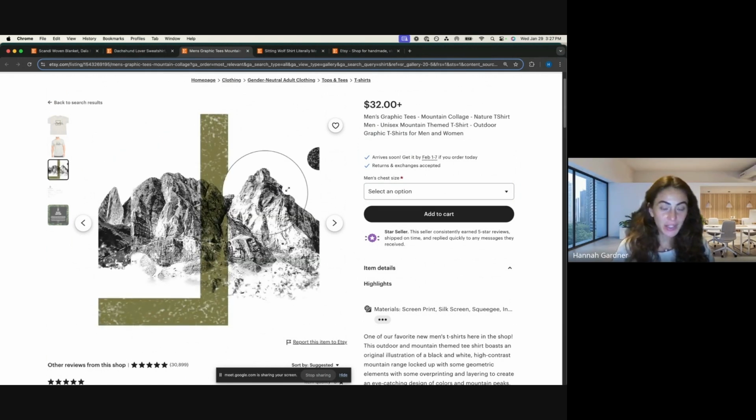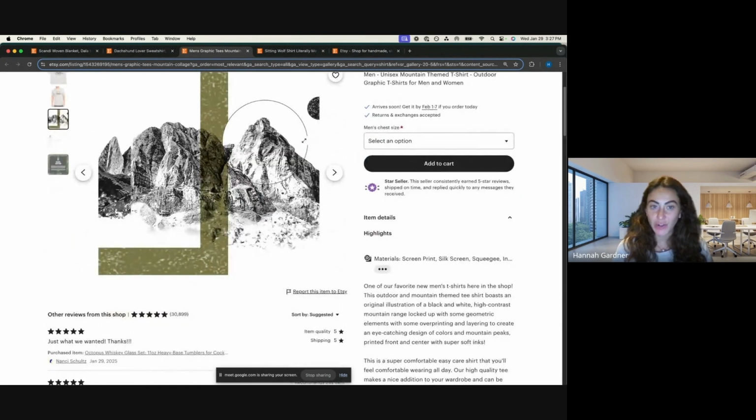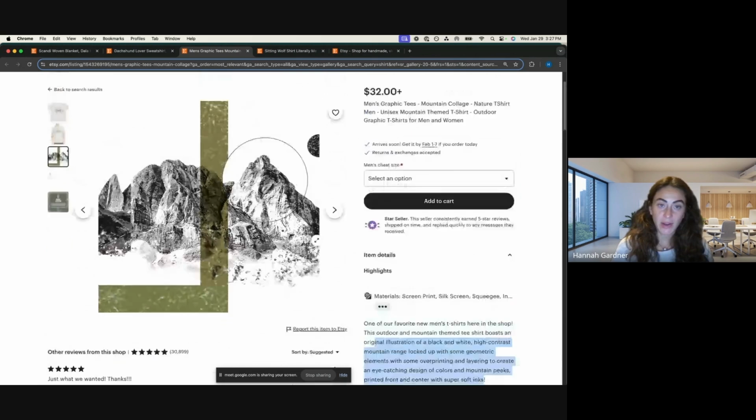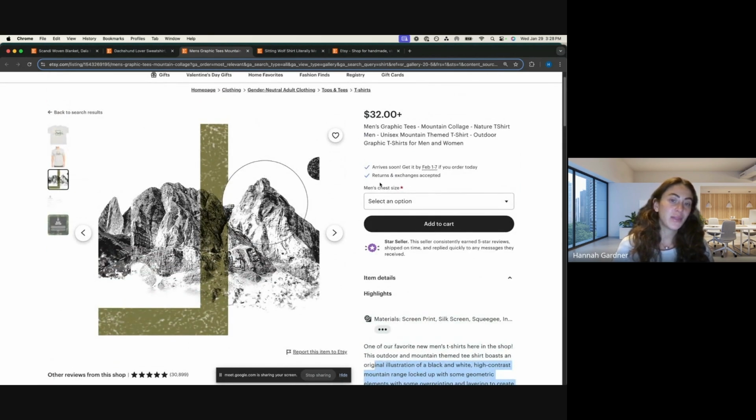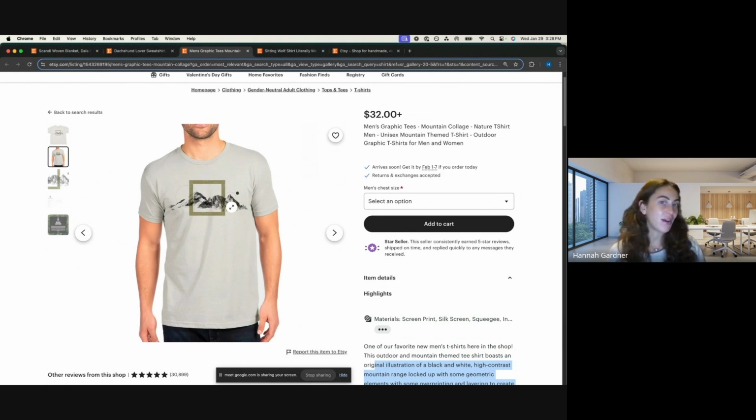One thing I just caught as you're explaining that is, I think they're trying to use this as a value proposition: high contrast mountain range, locked up with geometric elements, overlapping and layering to create an eye-catching design of colors and mountain peaks. So you're trying to sell this uniqueness as the value proposition, whereas, to Jay's point, a stronger value proposition is likely that no one's going to understand the value of this design, like, oh, it's a unique design, more so than going the direction of actually using an identifiable location